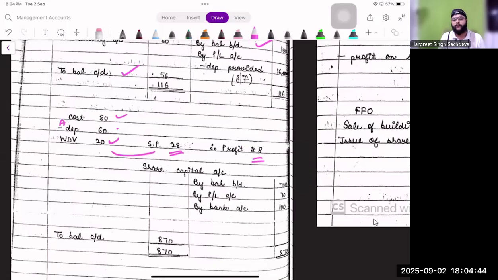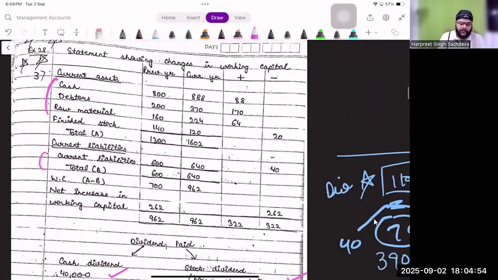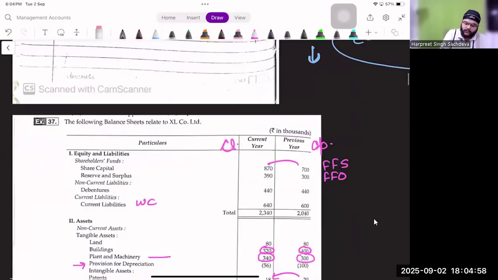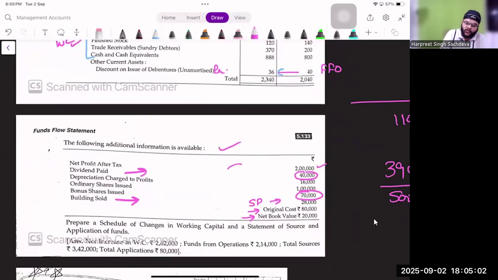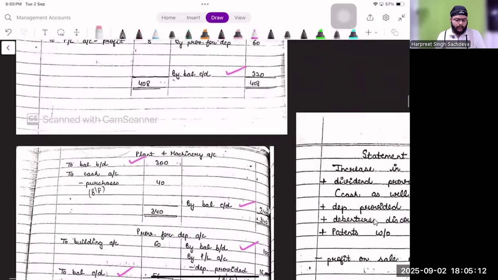We have written rupees 8 because whole figures in this question is in thousands. All the values inside the balance sheet are given in thousands, but all the values in this additional information are given in actual values, so you have to remove 3 zeros from all the values before using that।